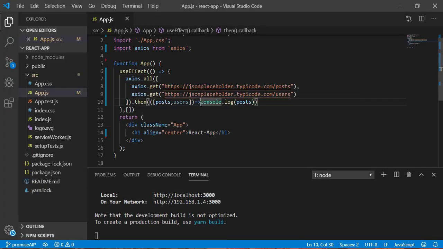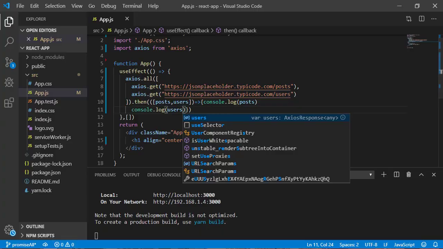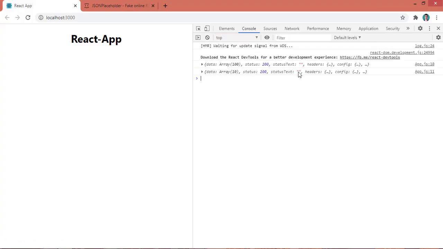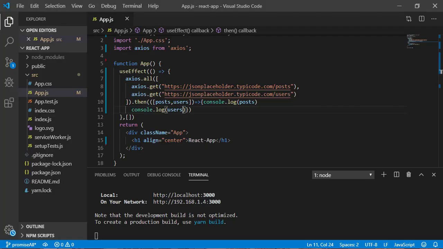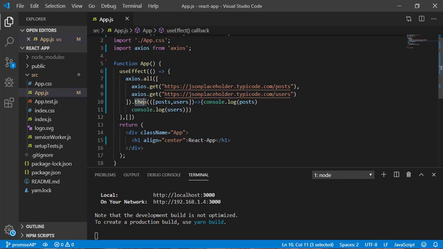Now let me console log users as well. So I can write it here for the users. Okay, so you can see we are getting both right now. As you can see, we are writing inside Promise.all, and we are resolving at a time.